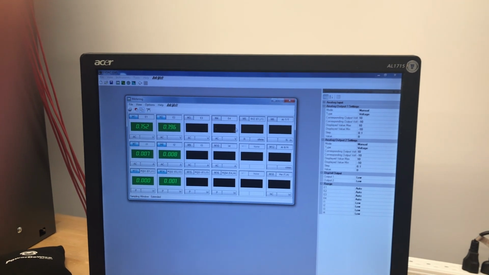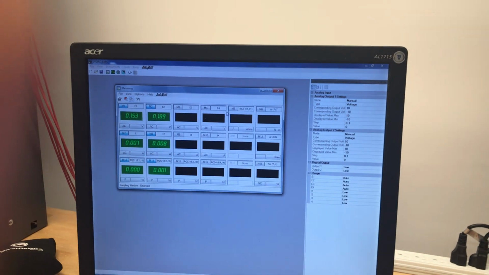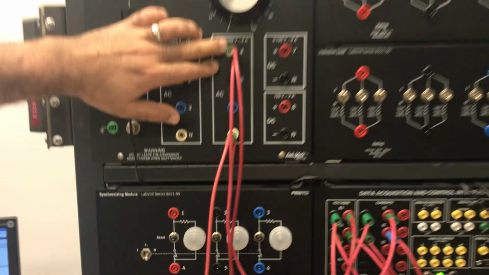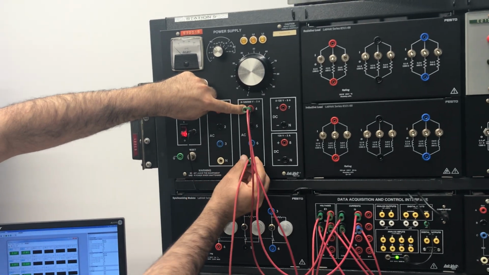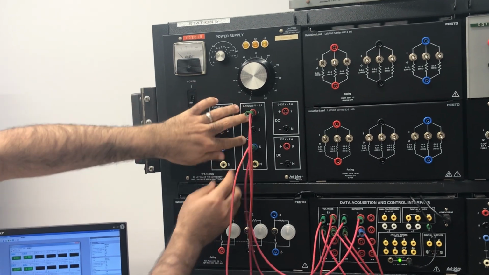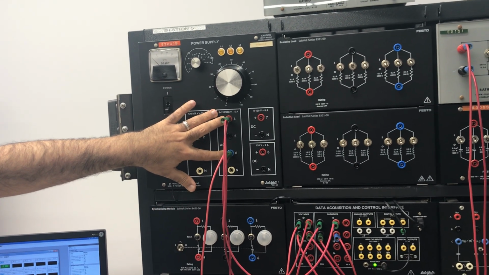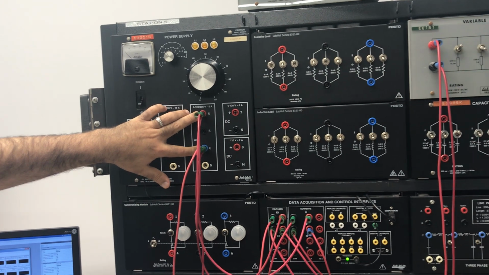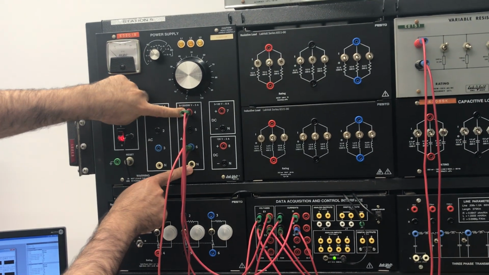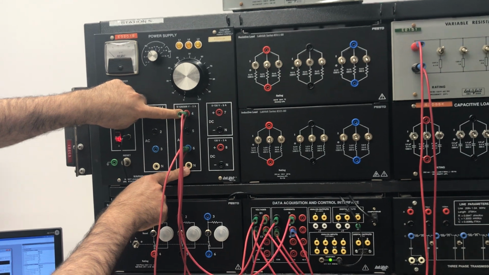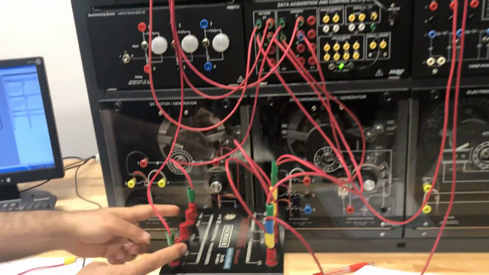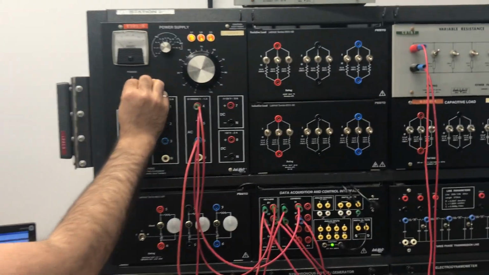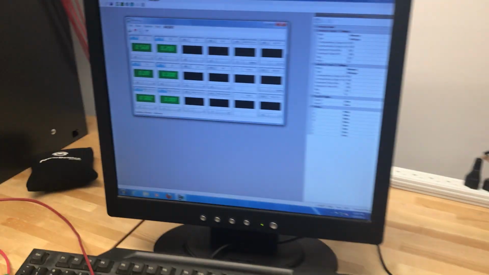For reaching that voltage, what I need to do is, instead of using this guy and this guy as line to neutral, I'm going to use 2 different phases. Because the voltage between these 2 phases is almost 208. But if I'm connecting these 2, the voltage is almost 120. I need to reach the full load of this, which is 240, approximately 208 is okay. And then I will start my circuits, then I will turn on,